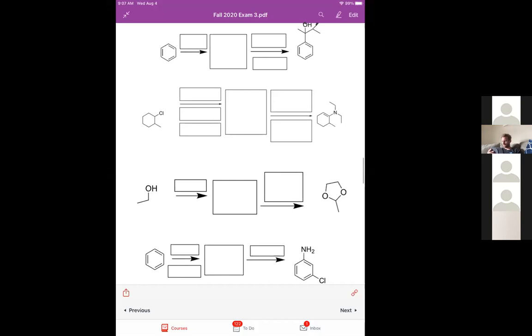Okay, so for this we need an alcohol. There's going to be two different ways you can do this. The first way is depending on what type of ester you add. So I'm going to do both of them. You could either add the methyl ester, so